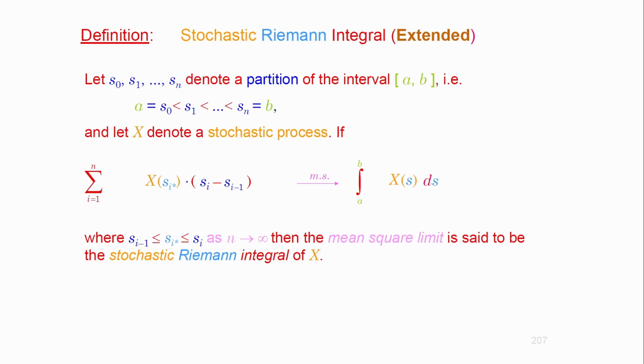Now, for the extended version, there is also a function which is multiplied by the stochastic process, and that function is a deterministic one. So it's not a stochastic one. It doesn't change that much, but it plays a certain role when it comes to generalizations. Keep in mind, if f, let's say, is a density function, this can also be interpreted as some sort of expectation or whatnot. But anyway, that is what I'm going to look at.